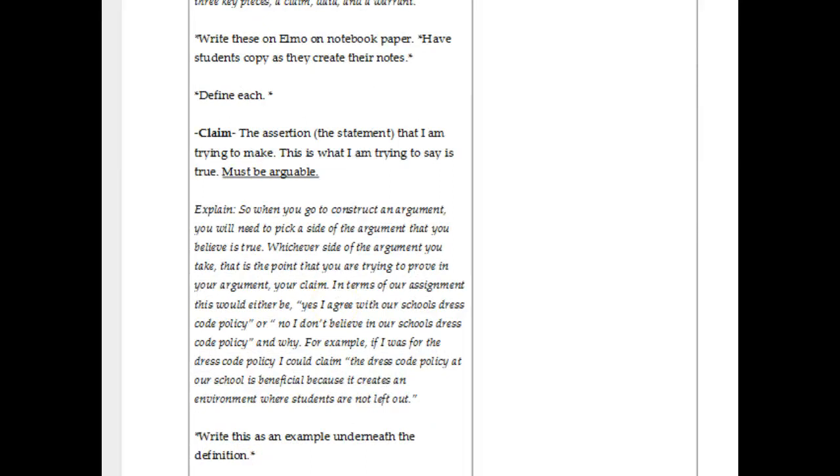What I'm thinking is I think you might have a bit of a rough transition here. First, you had them think of their opinion, right? Do you like the dress code or do you not like the dress code? And then you move into claim, data and warrant, telling them that they're going to have an in-class debate essentially on this, and you're going to assign them sides, and their peers are going to judge them.